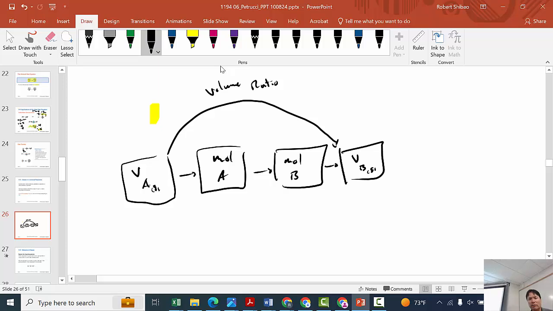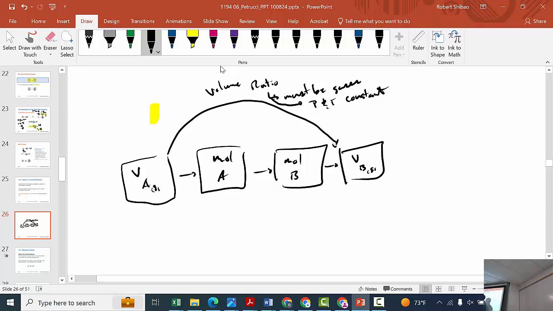There are a couple of constraints for using the volume ratio. One, they must be gases. And the other constraint is that the pressure and temperature is constant. That is, it doesn't change. If they aren't gases, then we're going to have to do the mole-to-mole conversion. So for example, if B is a liquid,